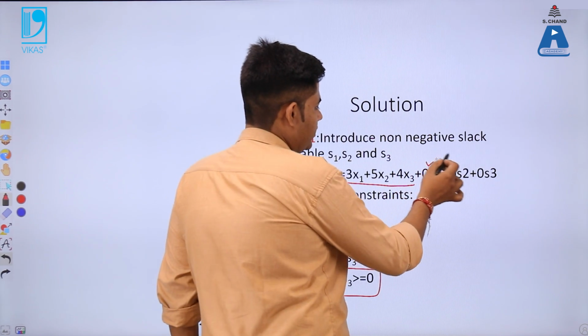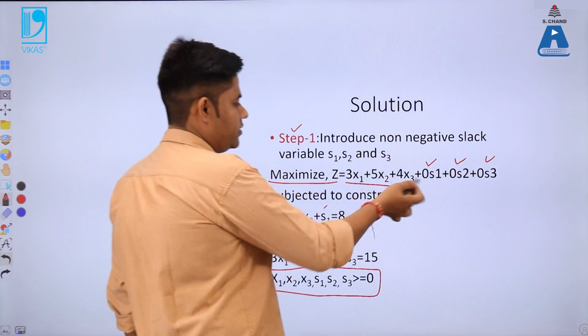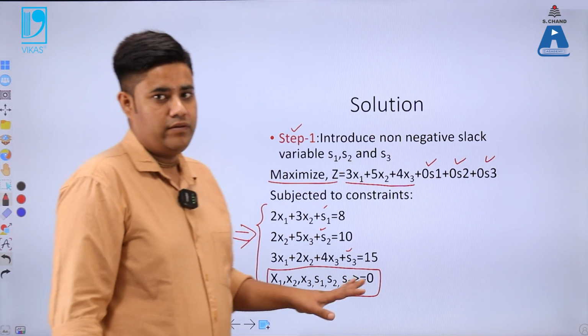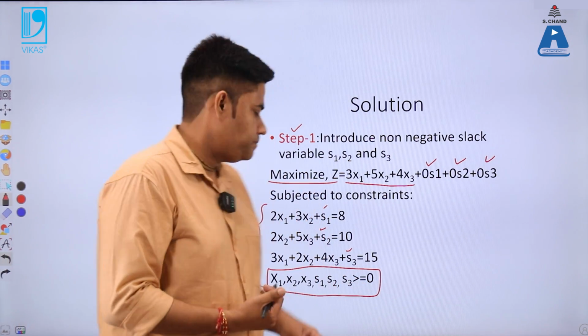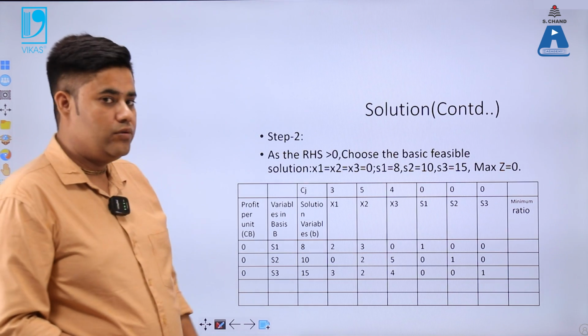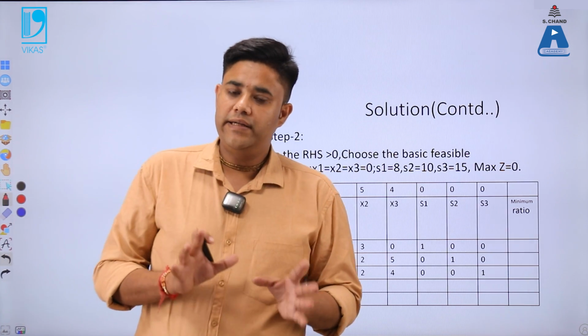So I may mention here 0 S1, 0 S2 and 0 S3. So this needs to be mentioned. So this is step 1, which is related to the simplex problem. Now in step 2, what I need to do is make a table, and that table has